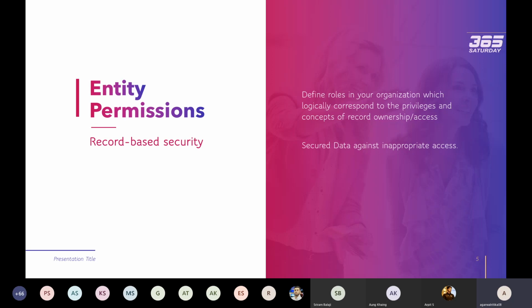The major problem when we talk about external websites is data security. Data security in terms of if I'm sharing this application with a user, someone who does not have access to a specific record should not be able to see it. So it's like record based security. A specific person who is logged into my application should only be able to see the data which is meant for them, or which is actually useful for them.